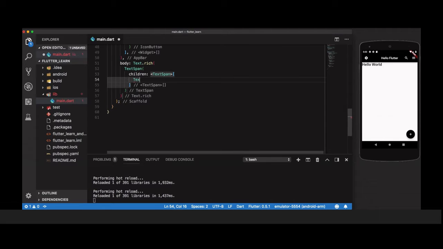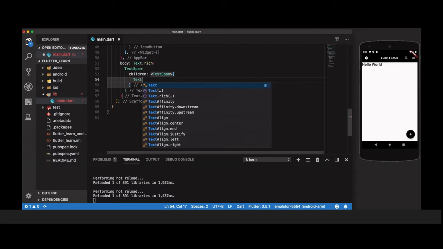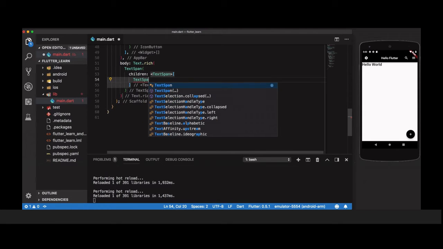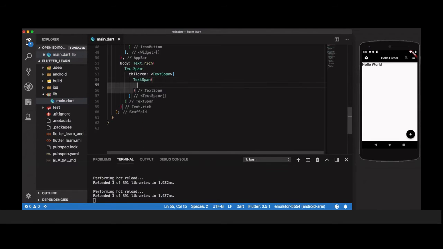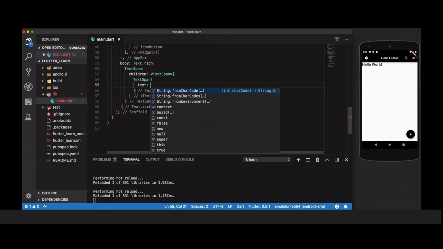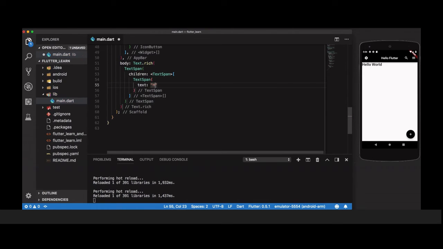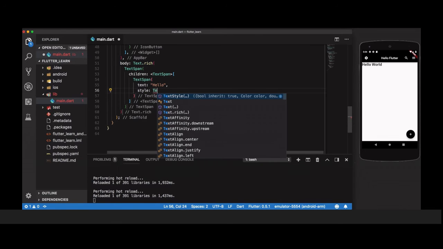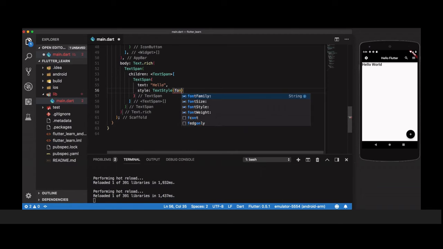Inside the TextSpan, we add children of the type TextSpan, and as the first TextSpan, we will add the word hello, and we will style it using a font size and font weight.